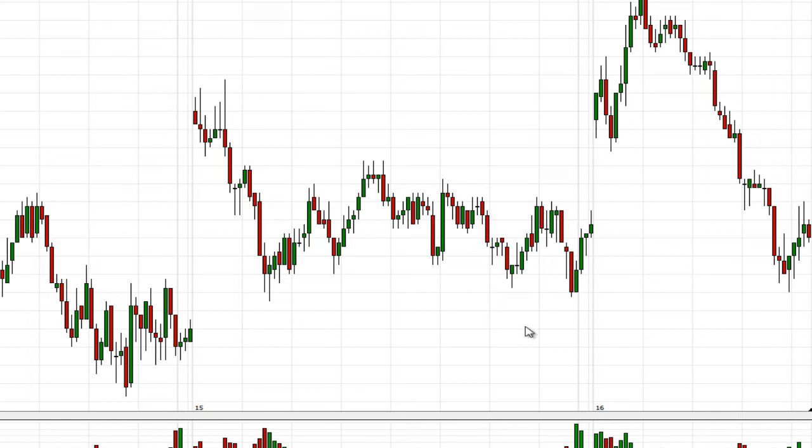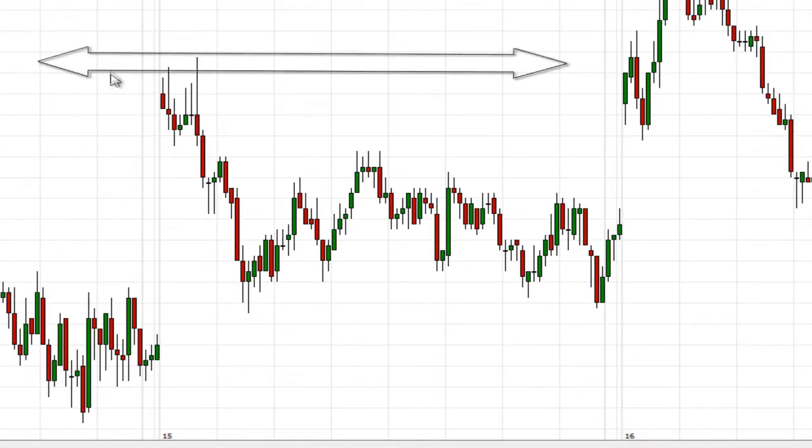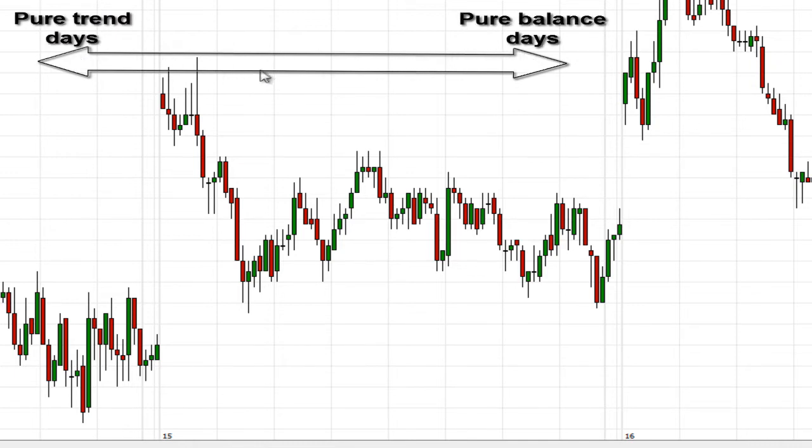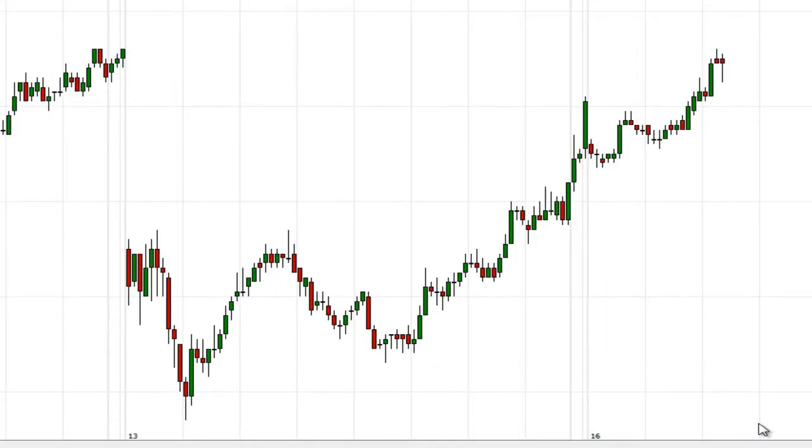And so now that we've looked at the two extremes, the pure trend days, the pure balance days, and slight variations of them, we go more into the middle, with two more types of days that are in the middle on a continuum, if you will. If there was a continuum that started with trend days on one end and pure balance days on the other, there'd be a couple different types of days in the middle somewhere. The first of these is what's standardly called the normal variation day.